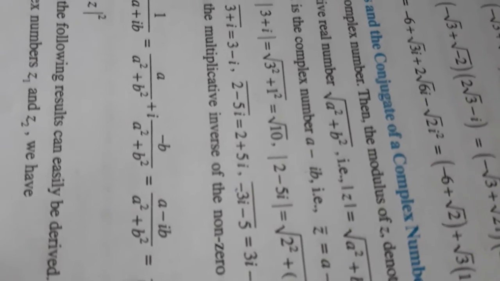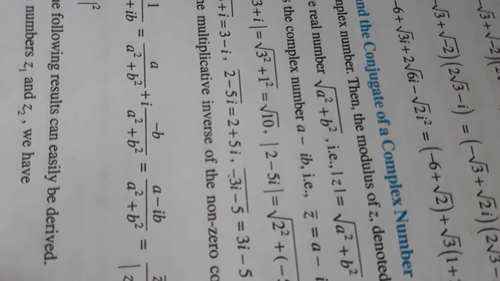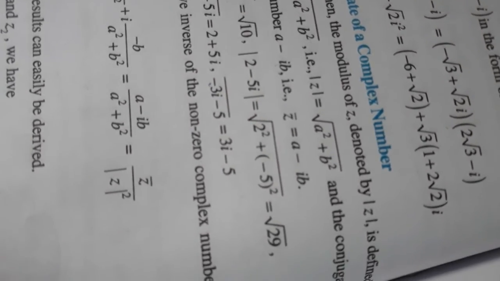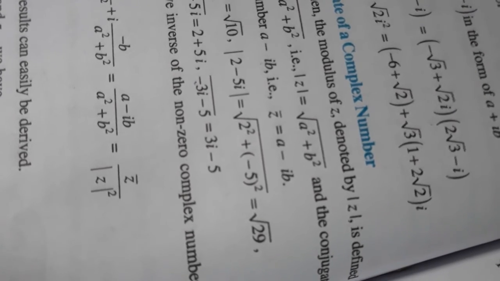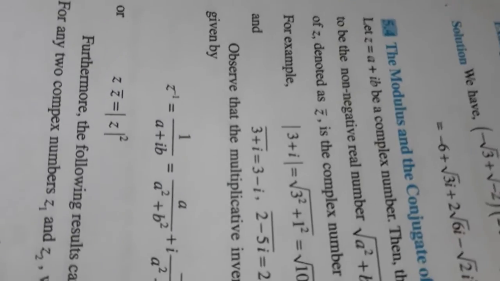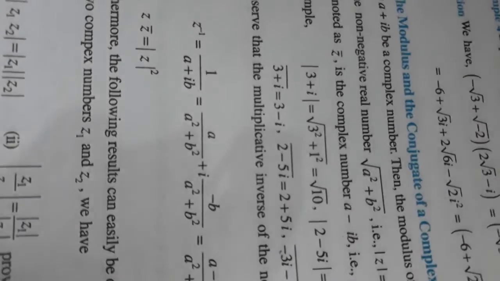that is the square root of a squared plus b squared. That is, mod of z will be root of a squared plus b squared, and the conjugate will be denoted by z bar. This symbol is read as z bar, and it is the complex number a minus ib. So if it is plus here, it will be minus there, and if it is minus in z, this